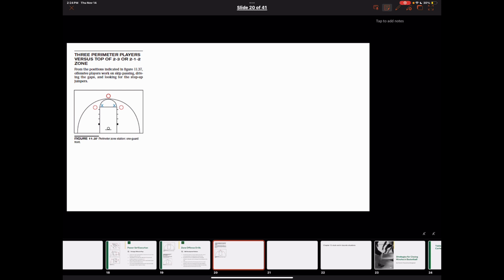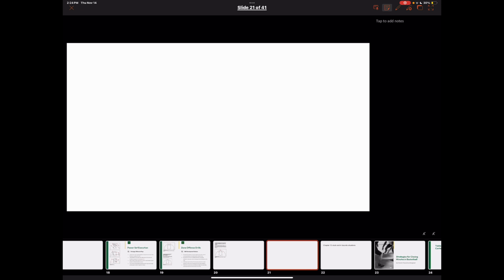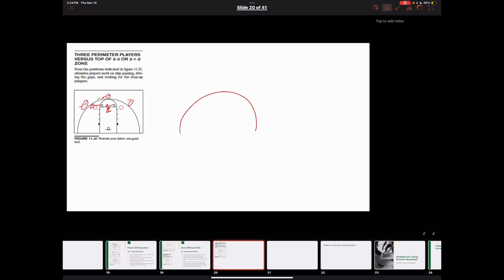All right, this drill I have run a lot. I usually run it more for the defense than the offense. So I would start them out a little farther, and you're kind of past the wing, come over to here. This guy guards the high post. Sometimes I'd even put a 4th guy here in the middle, or maybe even a coach, as you're alternating. But what he's going for here in the offensive version of this is with your 2-guard front,